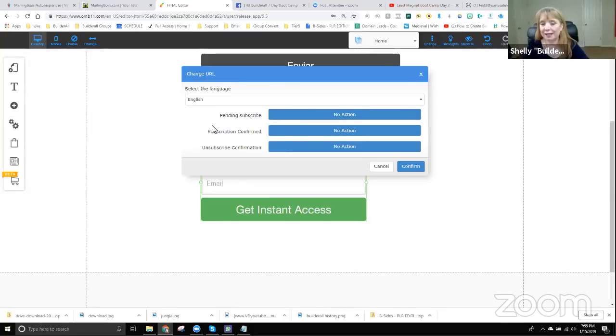The second item is subscription confirmed. So this is the page you want them to go to when they click confirm in their email. Because remember, if they're double opt-in, they're going to get an email, and in that email there's going to be a confirm button. It's a hyperlink. If they click it, what page do you want them to go to? So that's what you put right here is subscription confirmed. So this page can say something like,